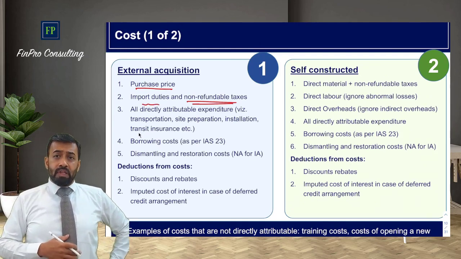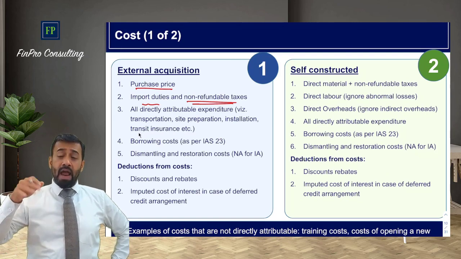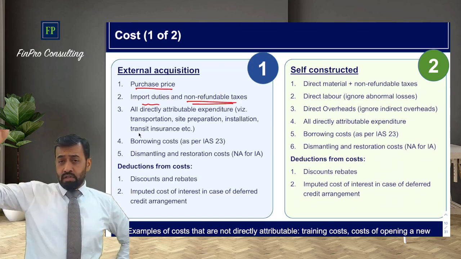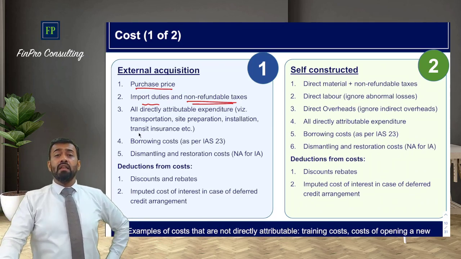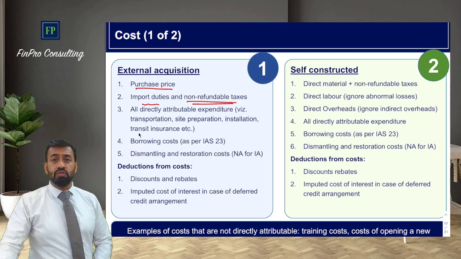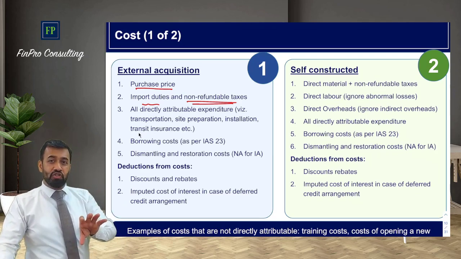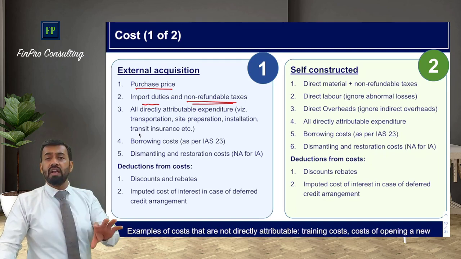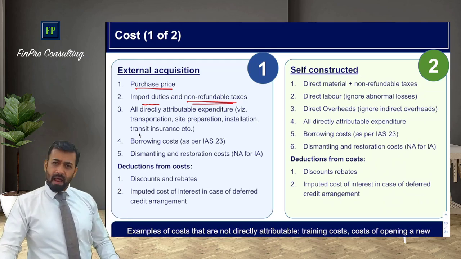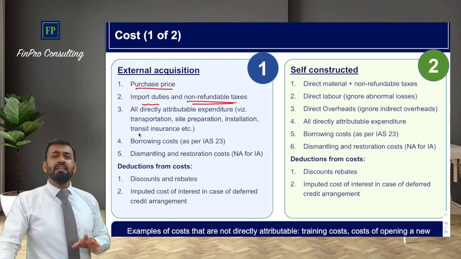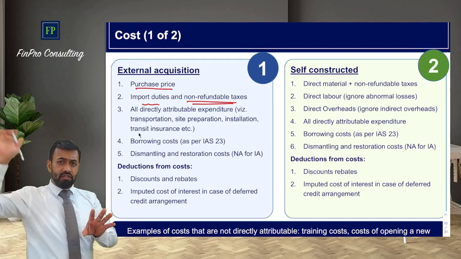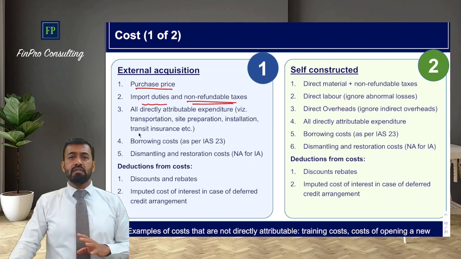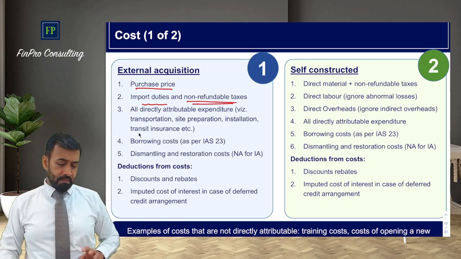Correct? Now the question arises when the asset is imported and it is denominated in foreign currency, not the currency of the entity: which rate of conversion should be used? The date when you recognize the asset in the balance sheet is the date the entity should use to convert that foreign currency into functional currency. As simple as that. And you'll find these questions in the examination. Even if there is a separate standard on that, we must have knowledge here, because combination of standards is very common in the examination.